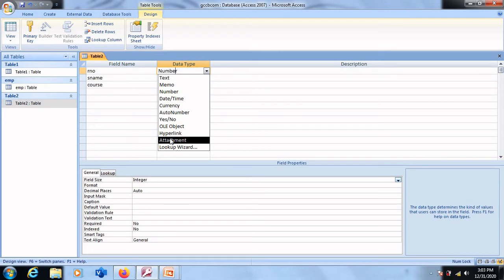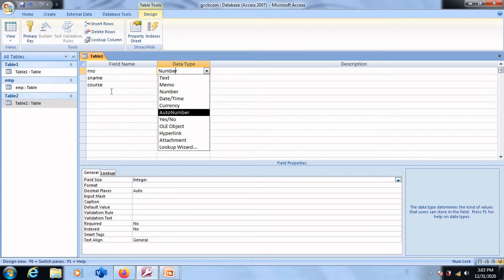And the last one we have is called lookup wizard. If you select the data type called lookup wizard, then it will display a drop down list, and users can select their answers from the drop down list. Such a data type is available so that it helps our user in selecting the required answer. When for a particular column or a particular question you have limited answers, you can create a list for those answers using lookup wizard.